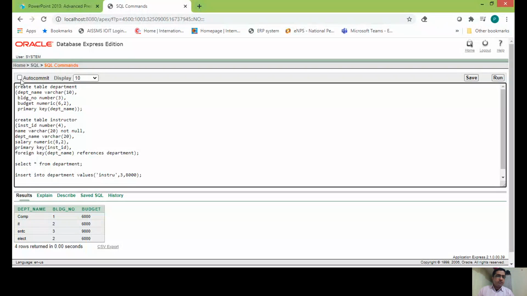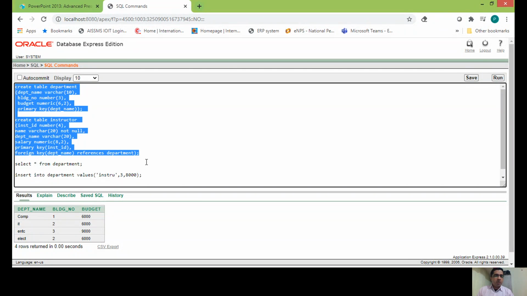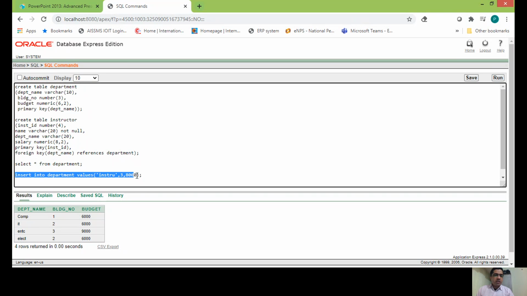So these are the tables which we created in our previous tutorial on data definition language. And now I am writing this insert into command, insert into department, the department table which we created in our previous tutorial. The fields of this table are department name, building number and budget.